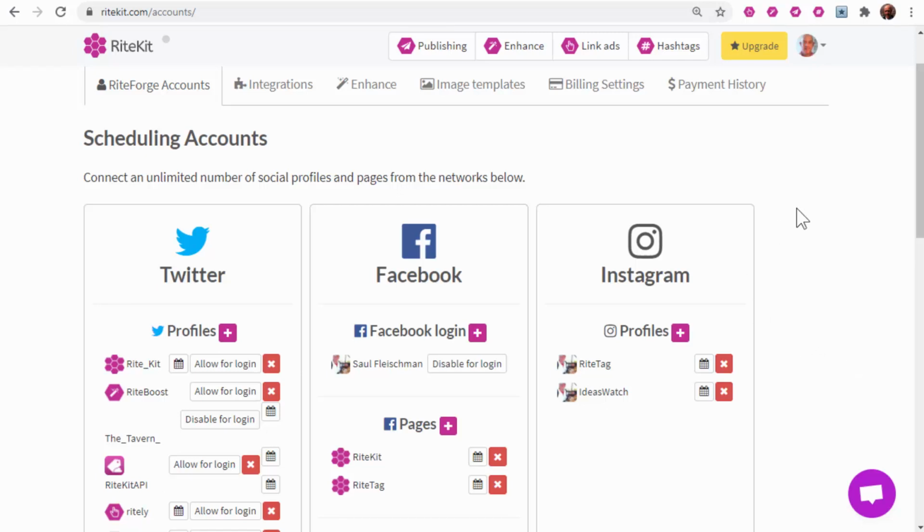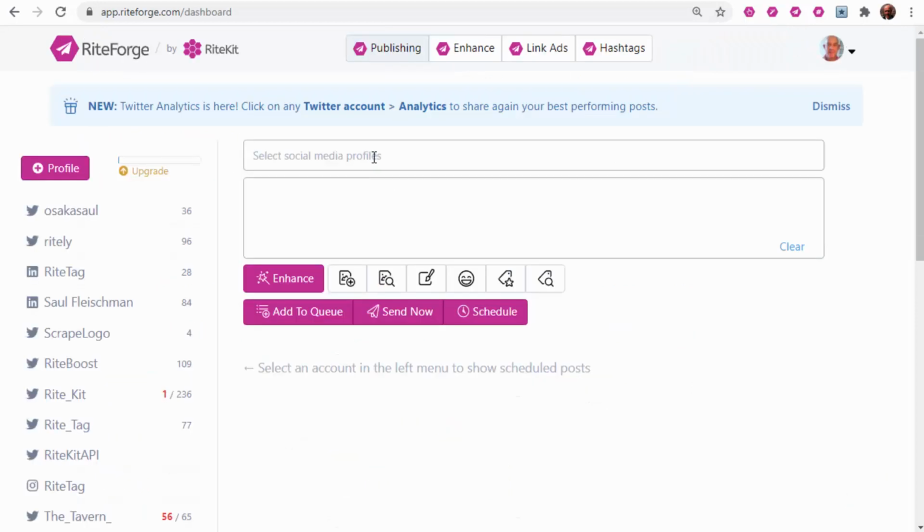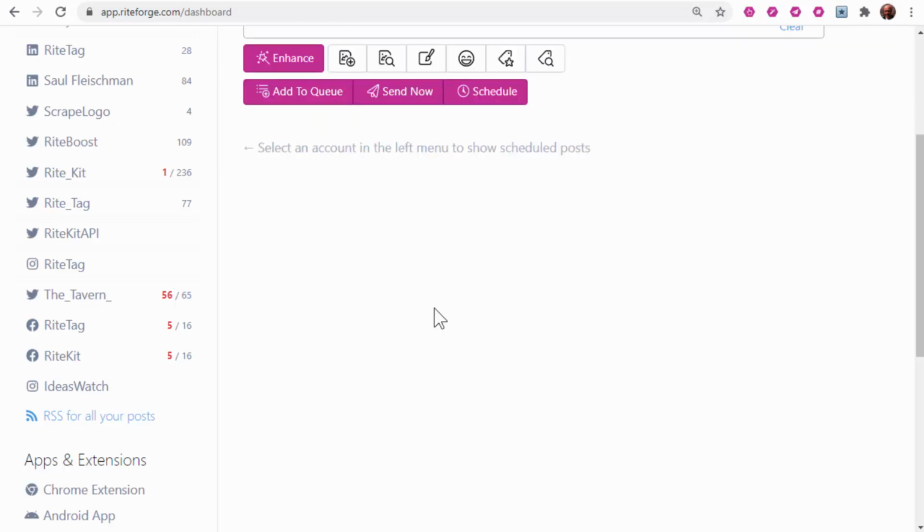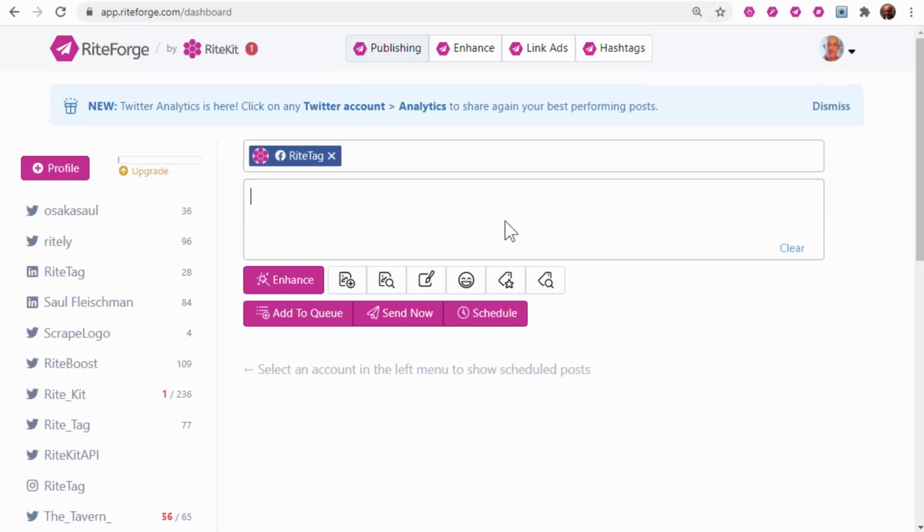Hi, now everyone who has the RiteKit package or RiteForge can schedule to unlimited Instagram business accounts. So in RiteKit, hit the plus to authorize your Instagram business profiles. And then in RiteForge, you can use the account picker to choose which Instagram business profile you're scheduling to, create posts, and send